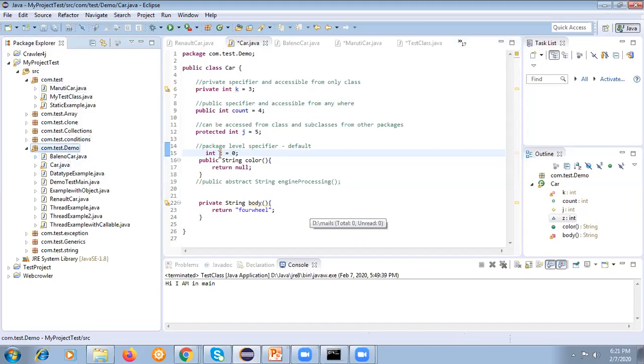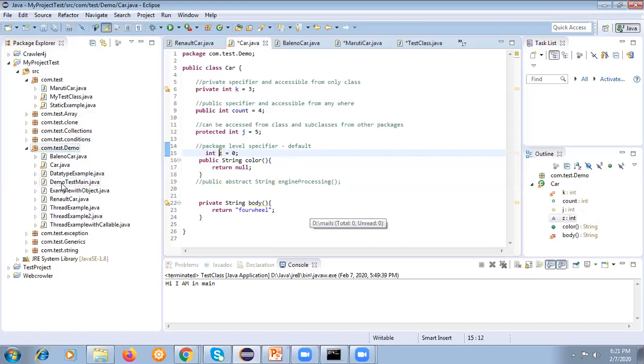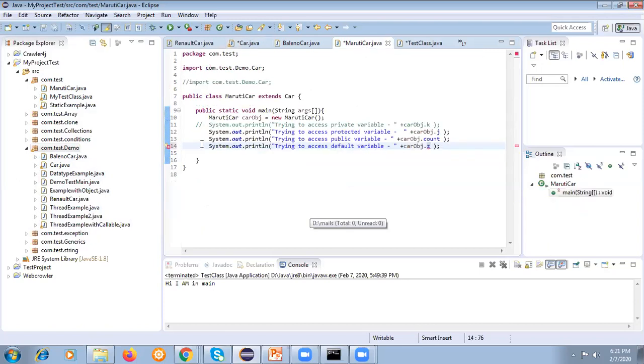Now this z can be accessible by any other class within the car's package, but not from this class. So this is the way. Then you can comment it out.